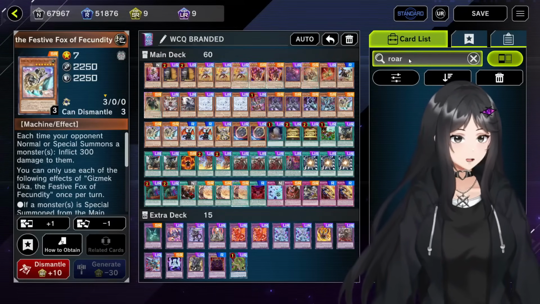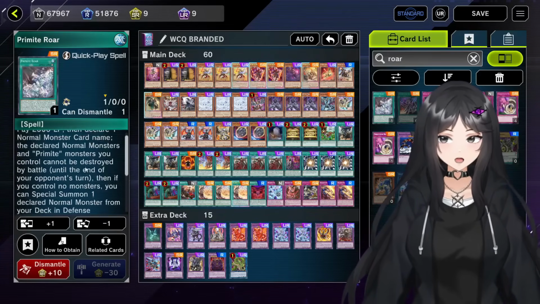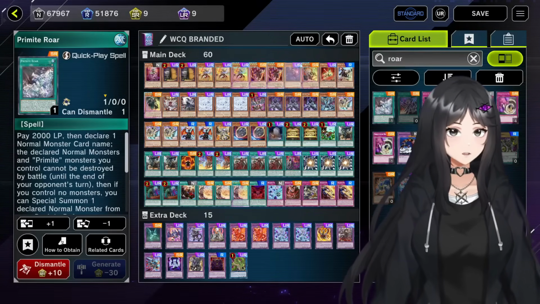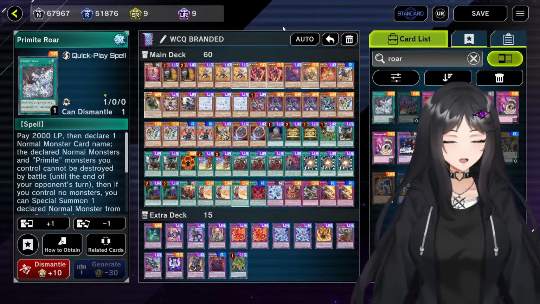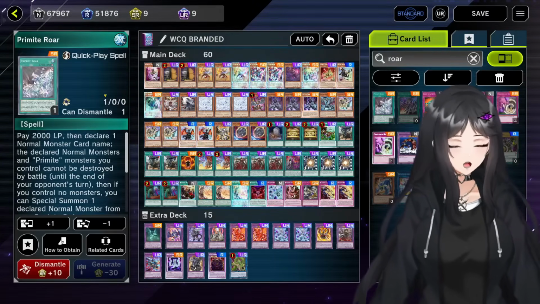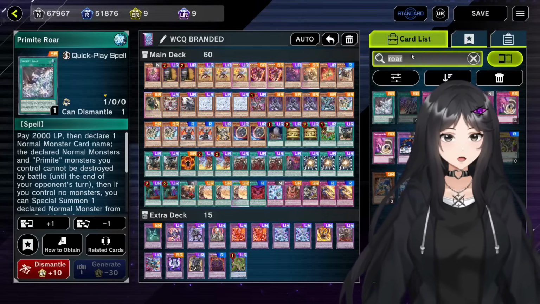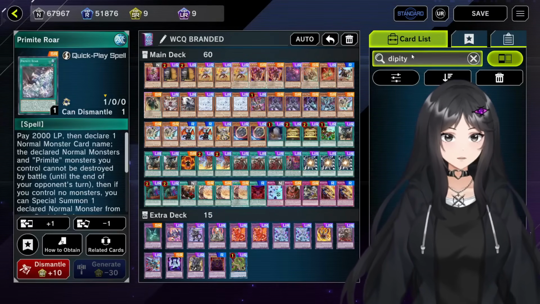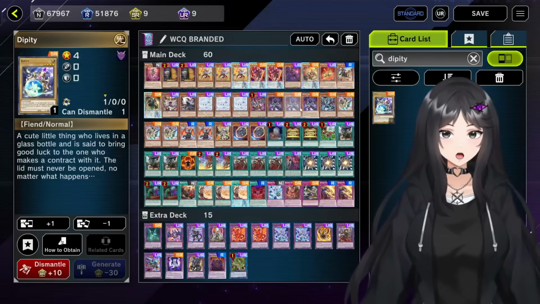Another card that's also called Roar is Primite Roar. This also summons a light monster from the deck, right? If the opponent was playing Fiendsmith Control, which is a deck that I did expect to see a little bit. It turned out nobody was actually playing it, but I did expect it, and it also works against this card, right? Because the card they're going to be summoning is this, and this is a light monster,